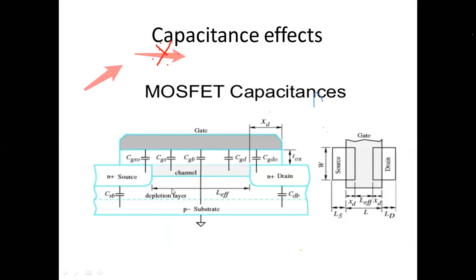Yes, ma'am. Okay, see, basically I told you, when the MOSFET is fed with very high frequency, there exists some internal capacitance. So what does internal capacitance mean? Look here, you have the source terminal, the drain terminal, and this is the gate terminal. This is the front view. When we view it from the top, this is the top view. This is the p type substrate, this is the source terminal, this is the drain terminal, and this is the gate terminal. I repeat, this is a MOSFET, this is the p type substrate, this is the n type source, this is the n type drain, and this is the gate.